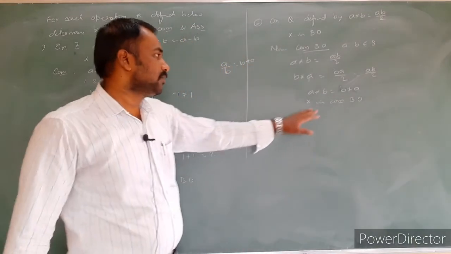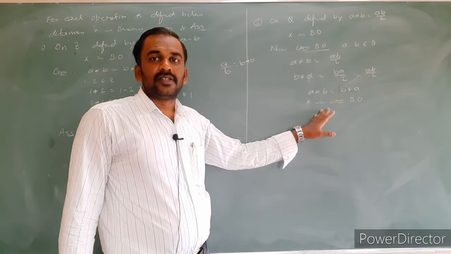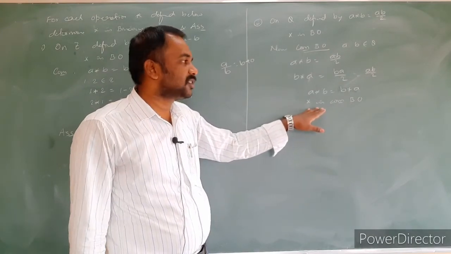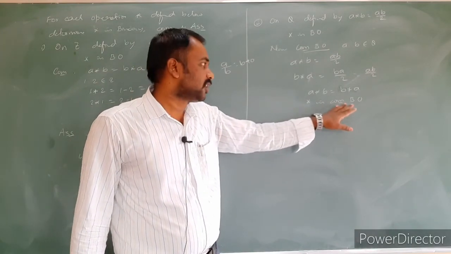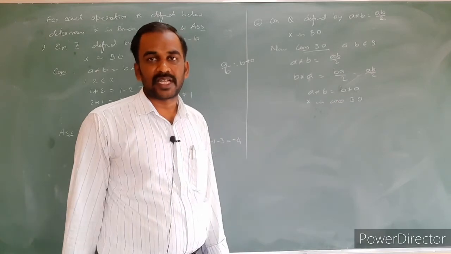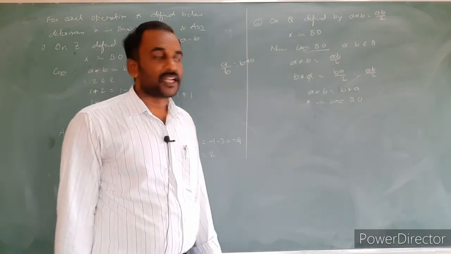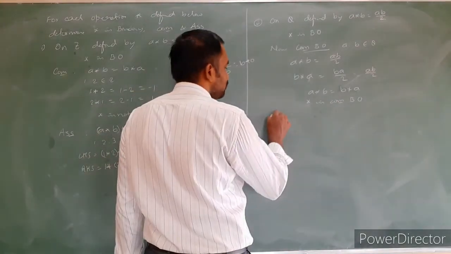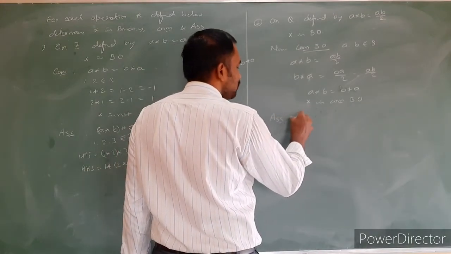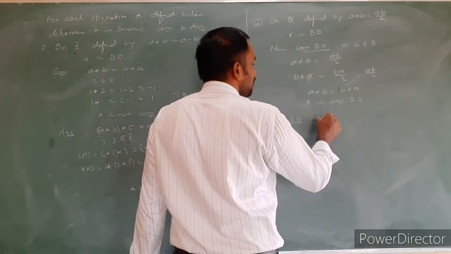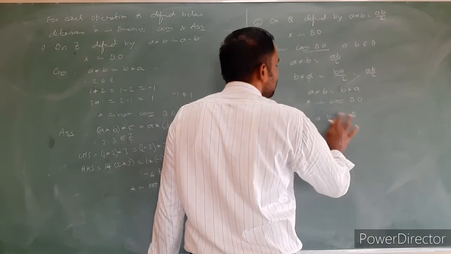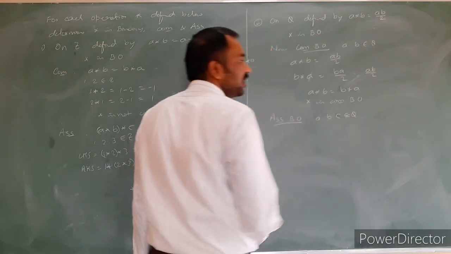If you are not able to agree with this, and you got the result that it is not commutative, just give a counterexample where it fails. I will agree. Okay, so obviously, now check whether it is an associative binary operation. Take any three elements A, B, C, any rational numbers.